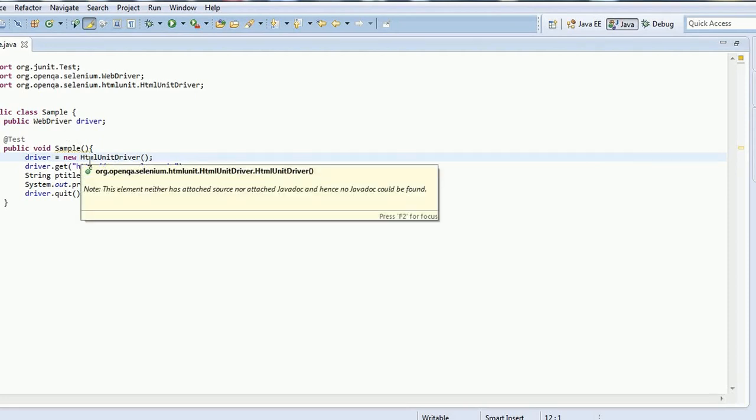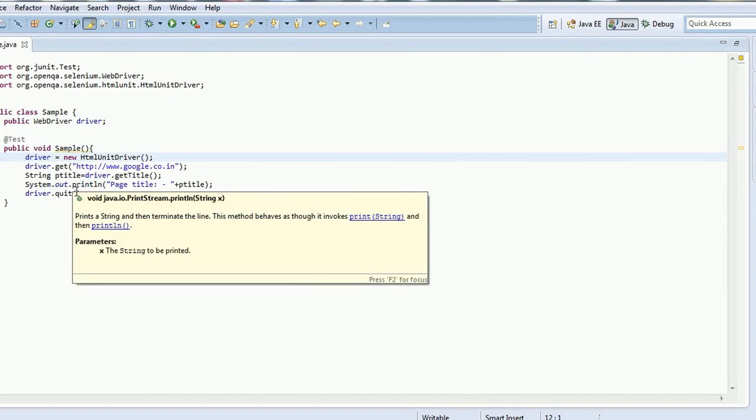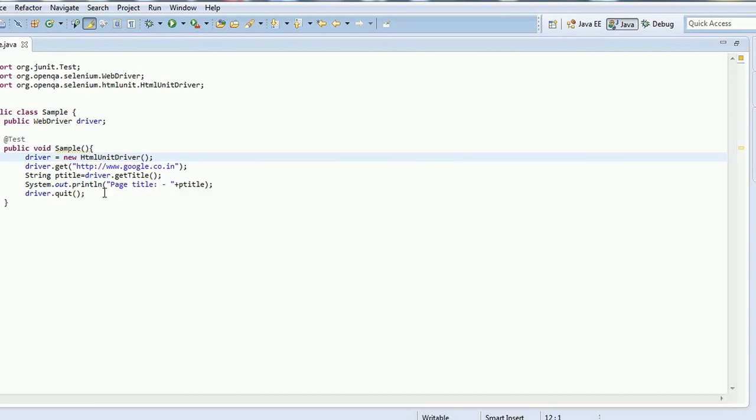Instead of new Chrome driver, I am putting HTML unit driver over here, and I have removed the set property method from the earlier code. The next thing is the same as the earlier code. Rest all is the same, nothing has changed. The only thing that changes is this one, HTML unit driver.